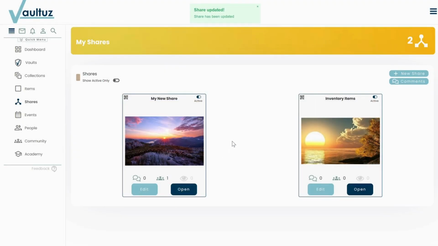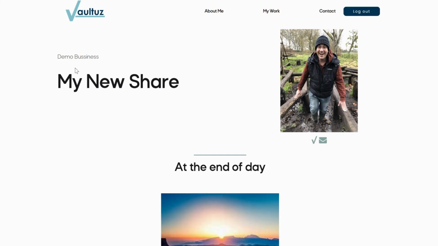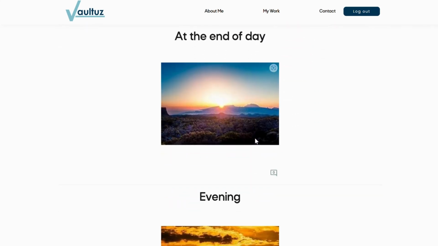I can see from here that there are no comments on it and that it is shared with one person. There's currently been no views. I'm going to open up that share just to take a look at it. You'll see at the top there's the information that we saved earlier, plus the image from my profile. You can see the pieces that are part of this share,